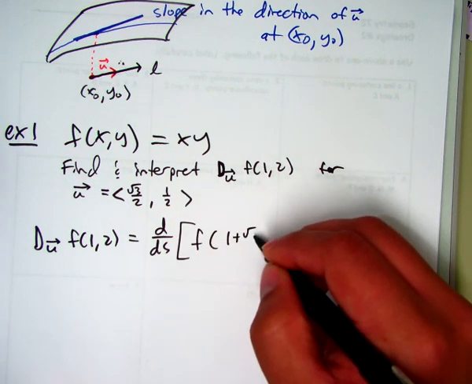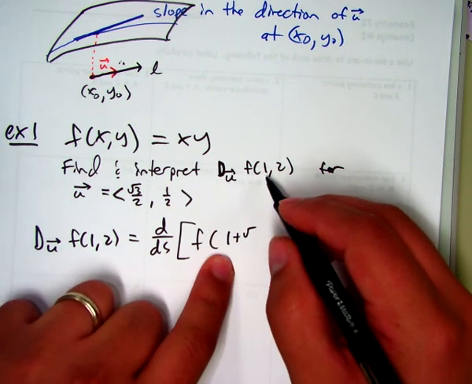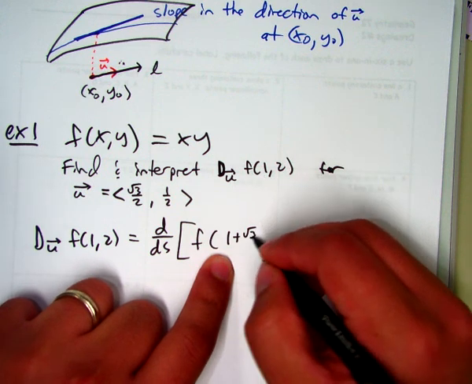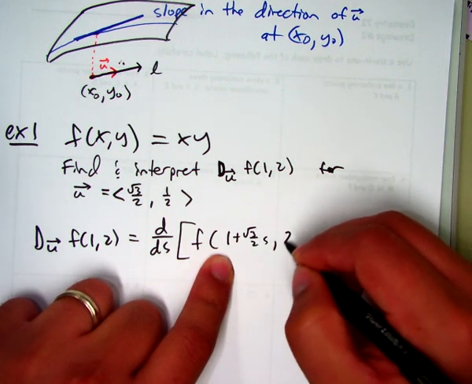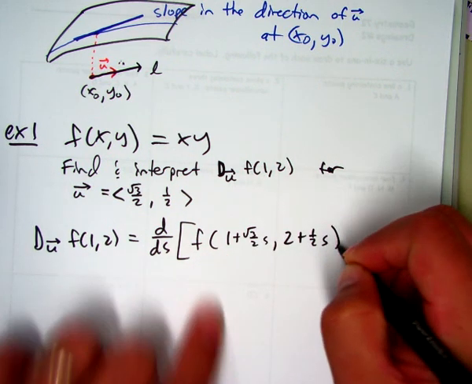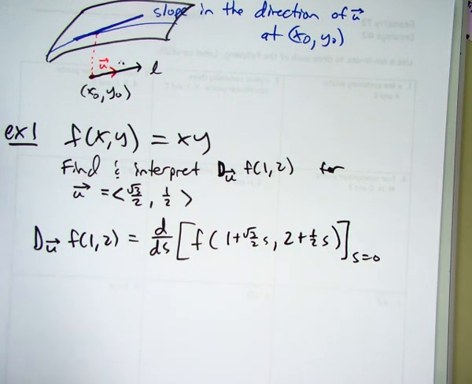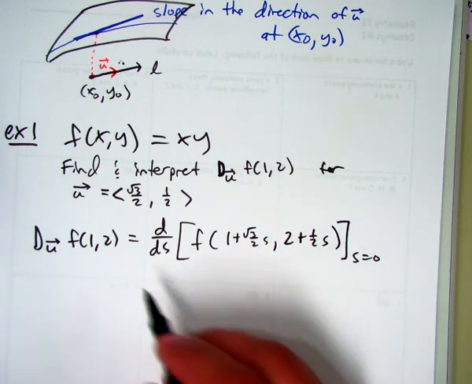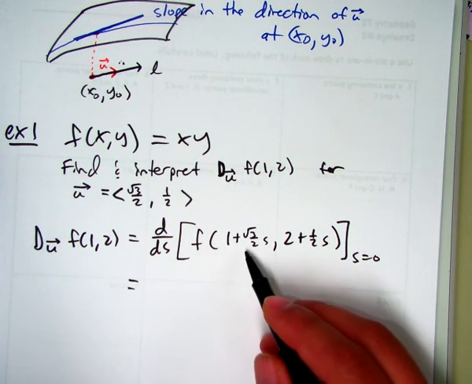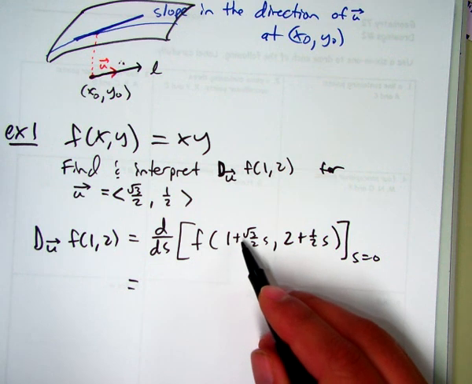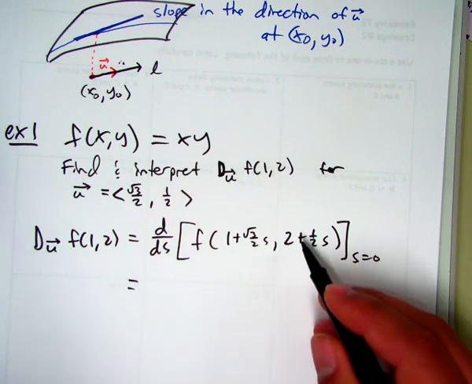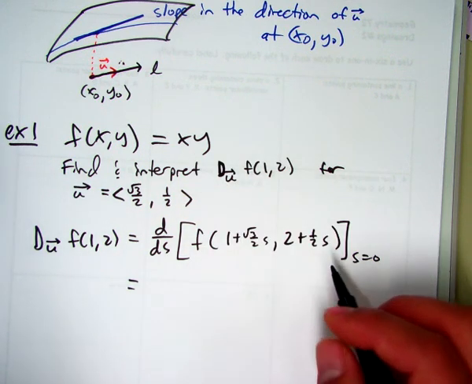Since the initial point is (1, 2), we do 1 plus root 3 over 2 s, 2 plus 1/2 s, and then eventually we plug in 0, but we're going to first plug in and then take the derivative. So let's evaluate: if I replace x with 1 plus root 3 over 2 s and then replace y with 2 plus 1/2 s, then that's going to be